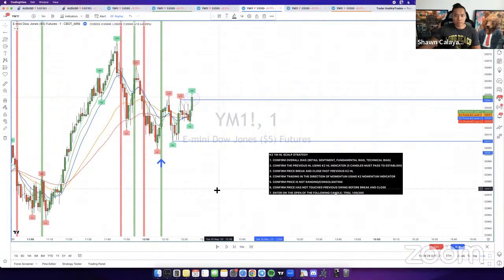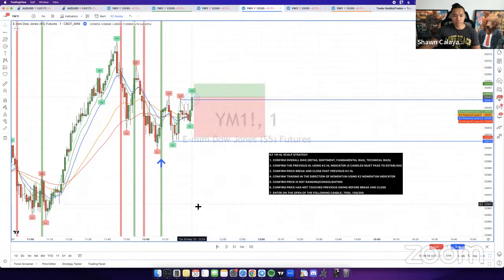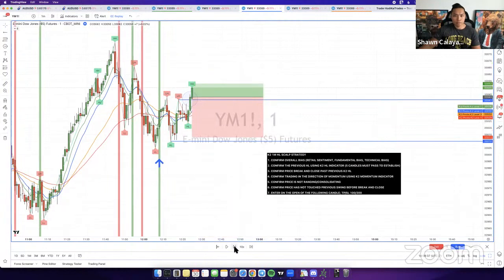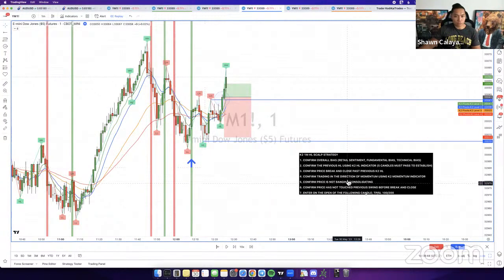And lastly, you want to confirm that price has not touched this high low. So with that said, we have all the criteria there. You would enter this right here for a buy position as soon as this candle would have closed. Gone for 100 pips. You let the trade run, and there you go, full TP. So there goes one example right there for a buy. Let me see if I can find one more.